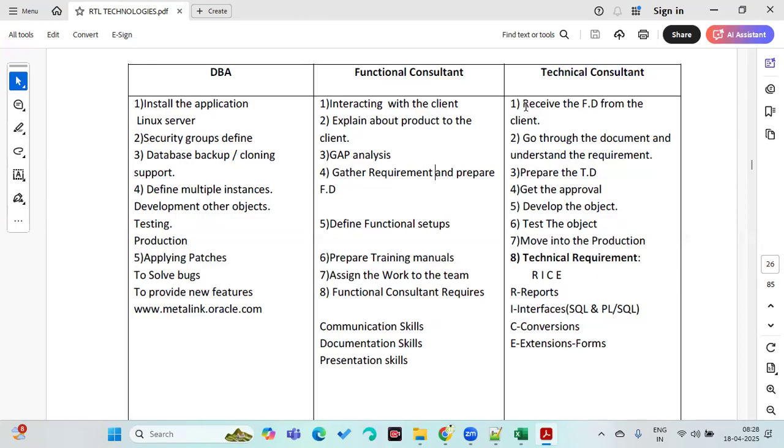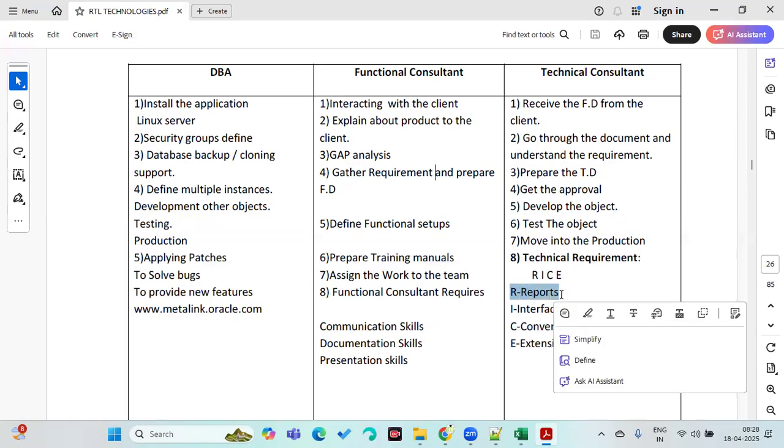For example, the client has asked you to develop one purchase order report. Report development is my responsibility as a technical person. What I do is write a query, then design a layout, and develop the report. Now I get the output. But whether the output I am getting is correct or not, I need to test it. If I want to test, first I have to prepare sample data for the purchase order report I have developed.